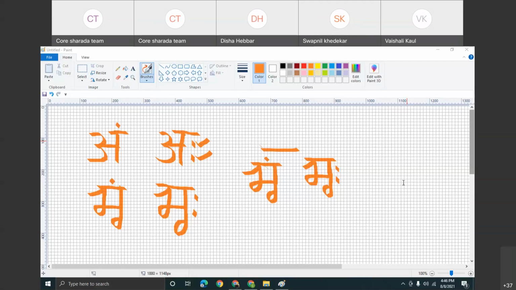Then we have two energies of Lord Shiva, I and Ii, which are the Ichha Shakti, the energy of will. Ichha Shakti is not like I want something, I want to eat a mango, because I have some desires. It's not a desire, it's a will. Lord Shiva does not desire anything. Whatever he wants to do, he's free. He does not have any limitations. It is his free will. We also call it Swatantra.